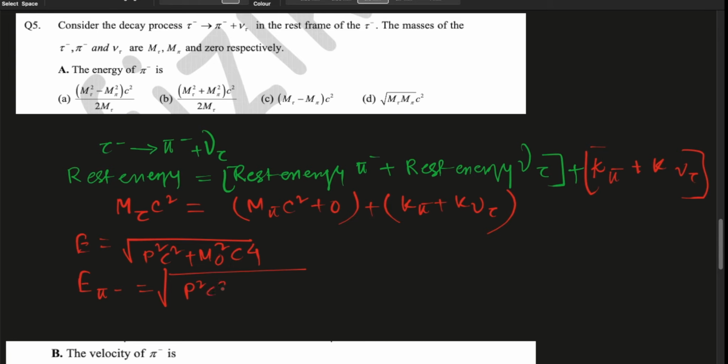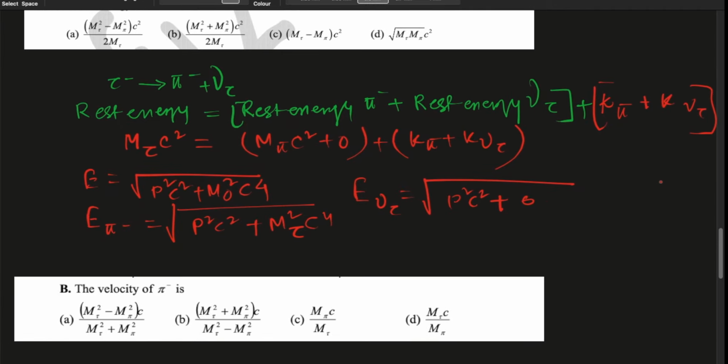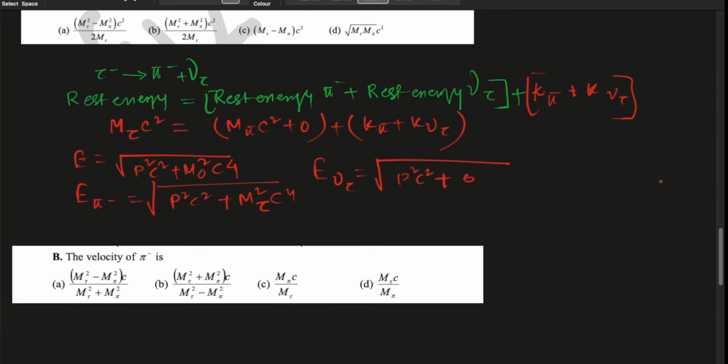P square c square plus m naught square; in place of m naught we should write m tau, so m tau square c to the power 4. That is the first equation. Second, E neutrino will basically become p square c square plus 0, obviously, because this mass is given as 0. So if we talk about this equation, this m tau c square, from these equations